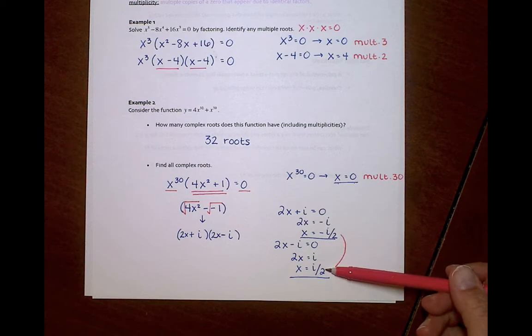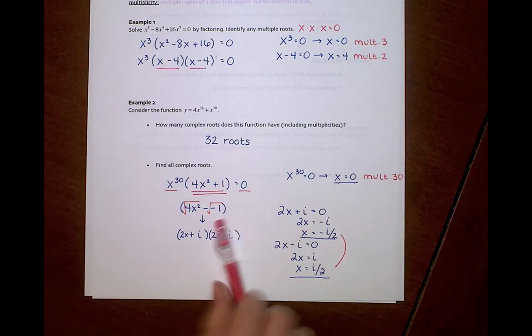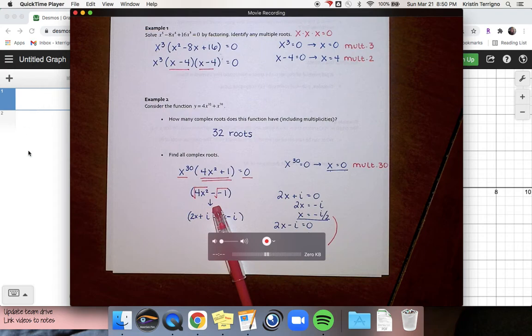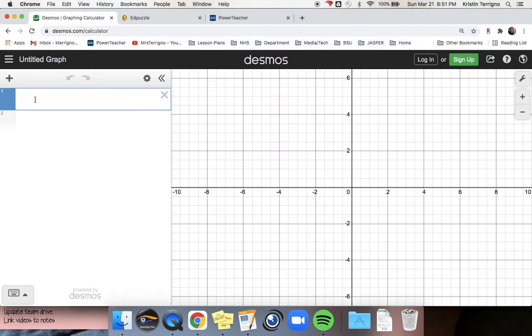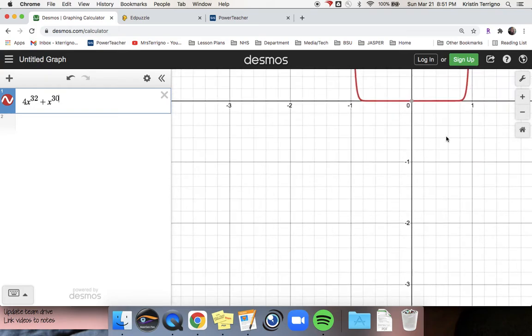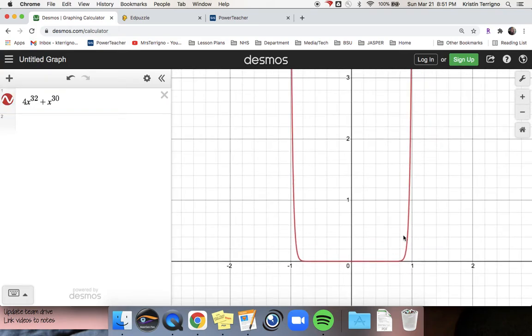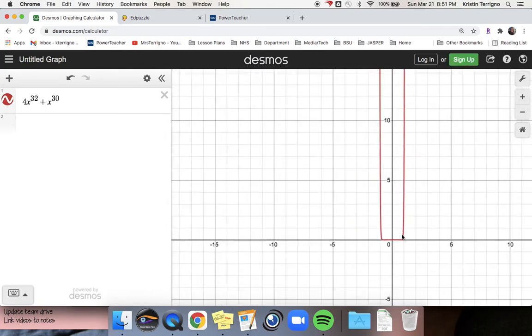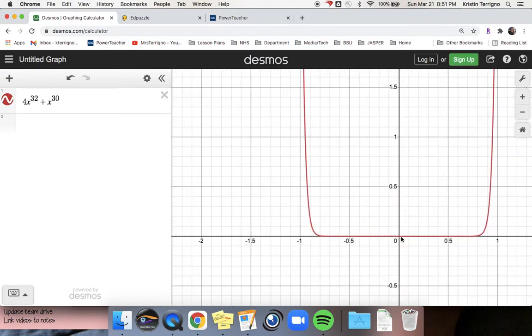These ones we would not see on the graph, but we may see something that indicates a root. Okay, I said I wasn't going to graph it, but I've changed my mind. Let's graph this one: 4x^32 plus x^30. Maybe we don't see the thing that would show imaginary roots here. Yeah, I guess not. We see this root of 0, and it's a double root coming from the fact that